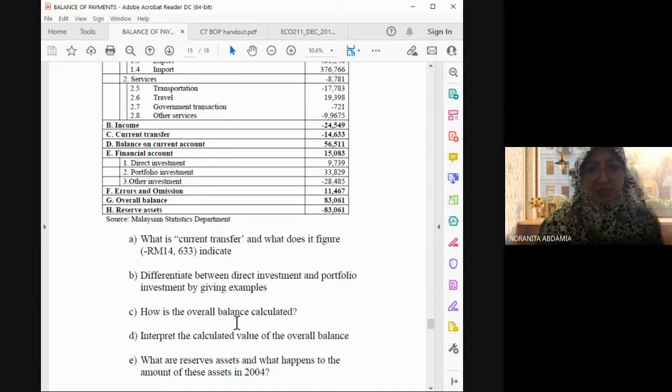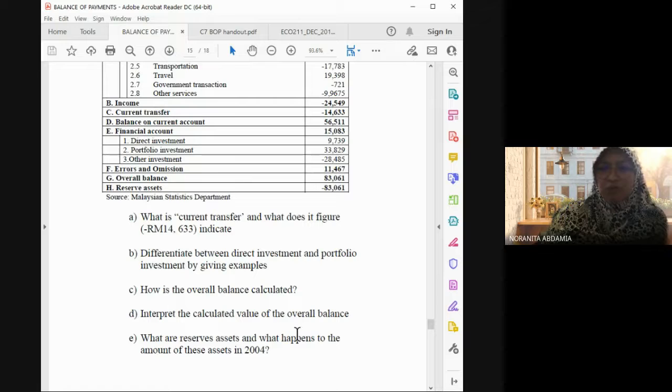Contoh dia tanya how, so you have to explain how to get the overall balance, which is once we plus it, but what's actually the accounts involved in order to get the overall balance. Dia tak minta pun kira-kira tu kan. So trickynya kat situ lah. So salah tak kalau you bagi just calculation? So far kalau markahnya 2, at least I think I just bagi half lah. Sebab apa? Sebab jawapan itu tidak mencapai maksud yang diminta. Okay. Interpret the calculated value of the overall balance. Right. So ini pun saya risau soalan begini. Boleh ke you jawab?